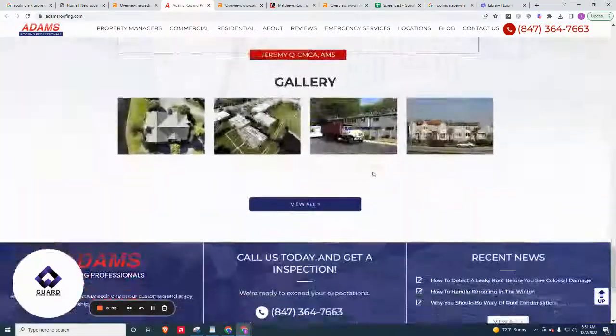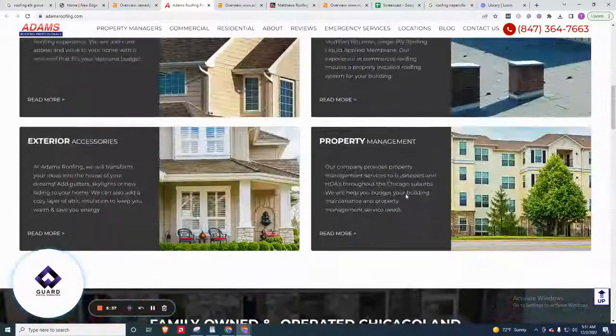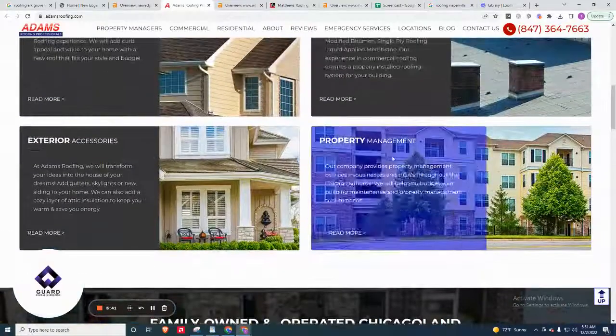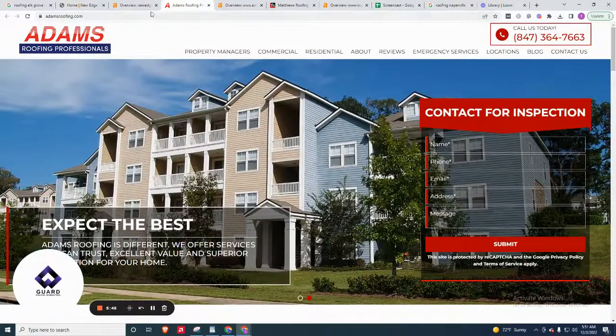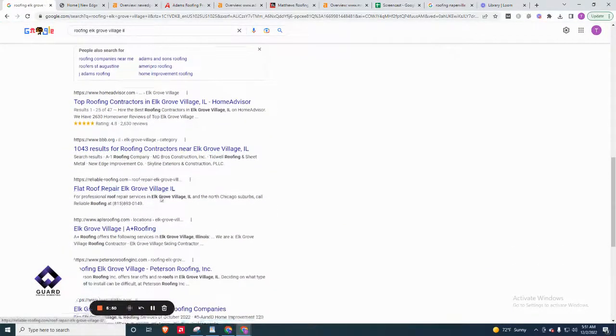So really not a whole lot more. Looks like they're probably right around where you guys are at too. 3 to 500 seems to be about the spot that you want to be. Let's go ahead and take a look at one more real quick. That's going to be